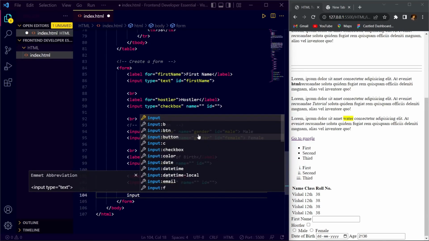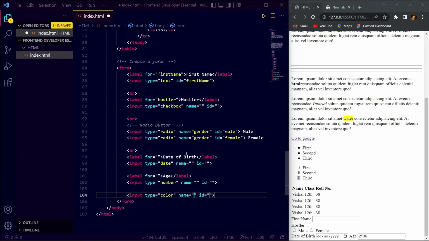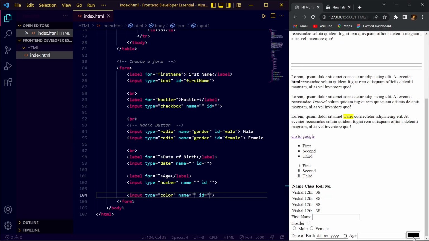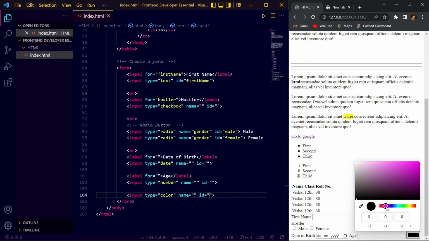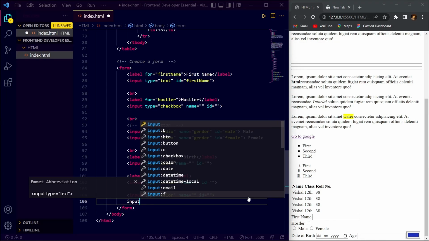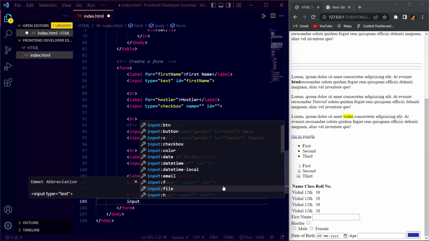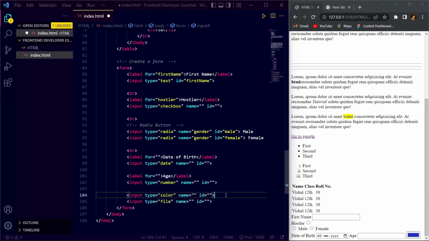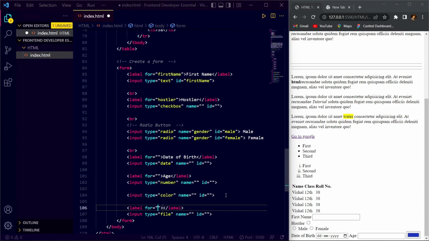By using input, you are going to see that there are checkbox, color. If you have to write what's your favorite color, you can just click your favorite color. Let's say your favorite color is blue. Okay, so you can find this. You can check, we have an email, a date time, and a file. Let's say you have to submit your assignment, so which type of input do you need